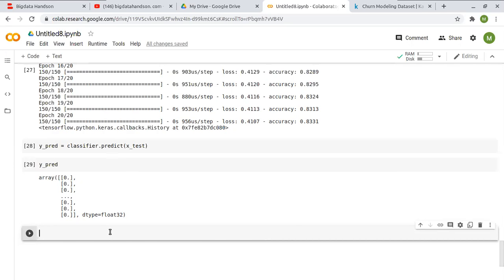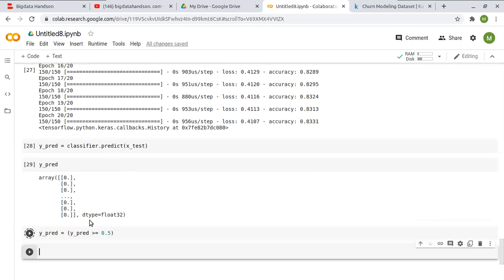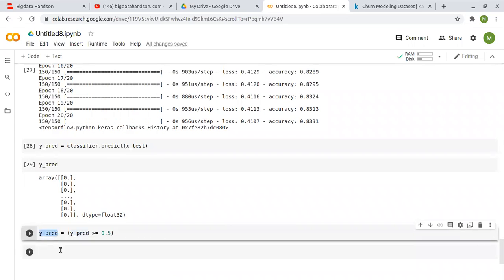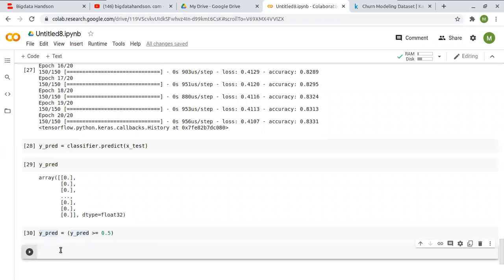what you need to do is y underscore pred equal to, in brackets, y underscore pred greater than or equal to 0.5. This is the threshold value. So likewise the result will be. And now after getting the y pred, you need to compare with the actual one.